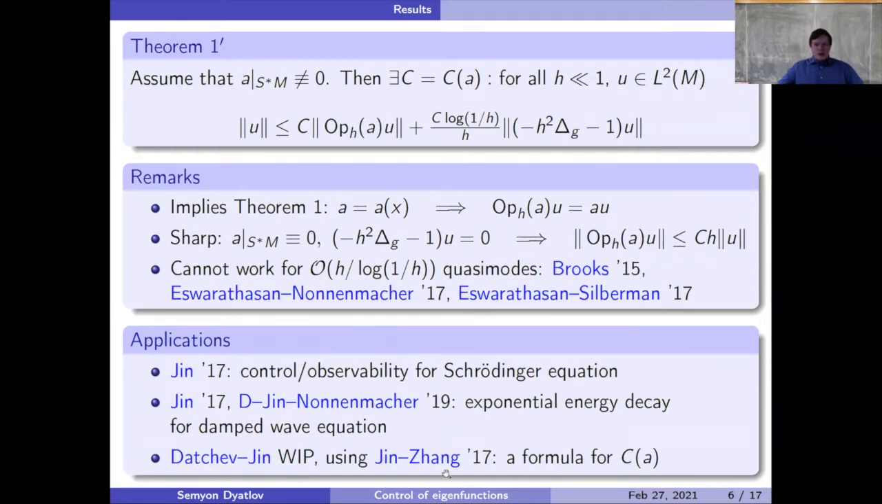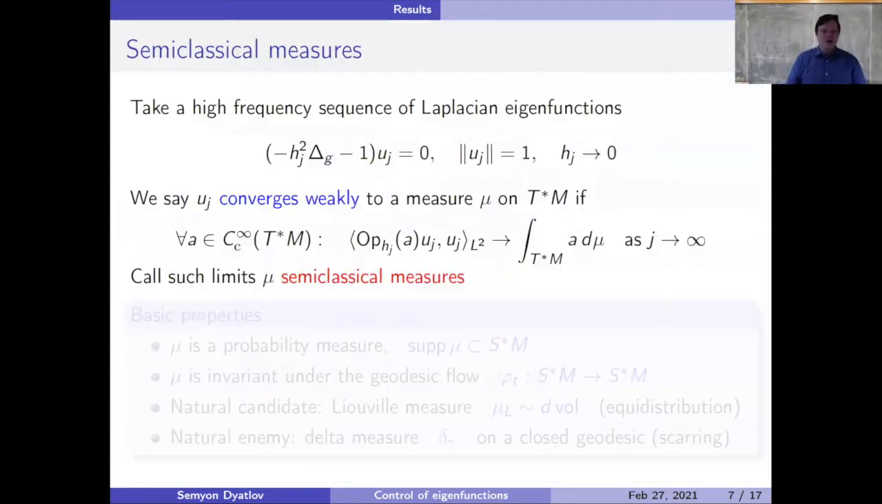And there's also work in progress for getting a formula for how this constant in the lower bound depends on the symbol taken or the set where we localize. I often get questions about that, so I'll be happy to discuss that if there is a question. There is some formula for it, but it's maybe not the most beautiful or the biggest bound you would hope for. All right. So now let me turn to